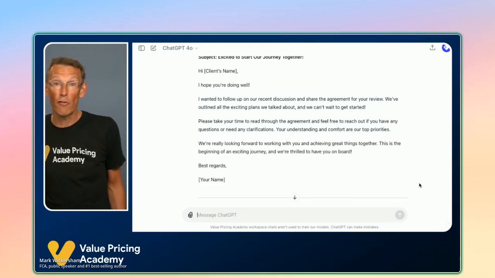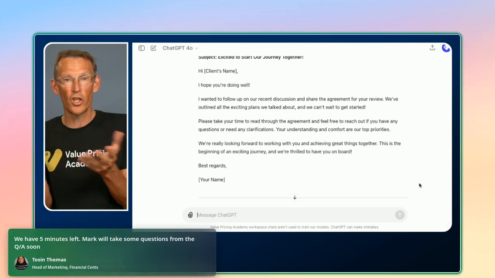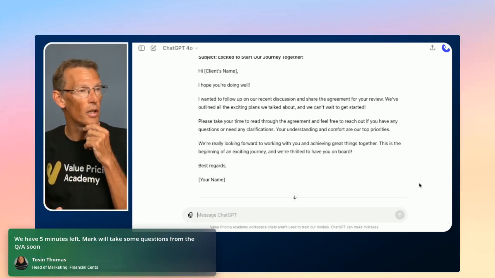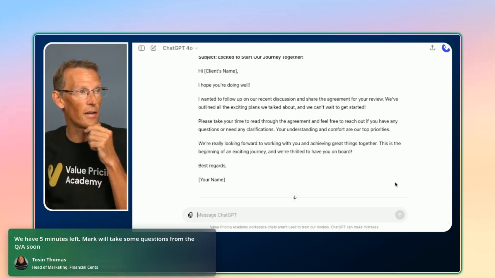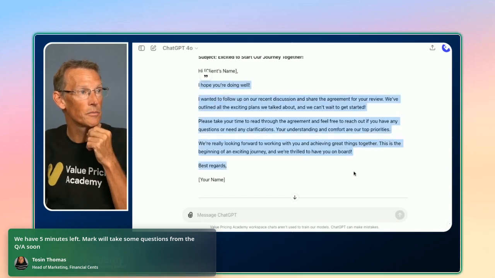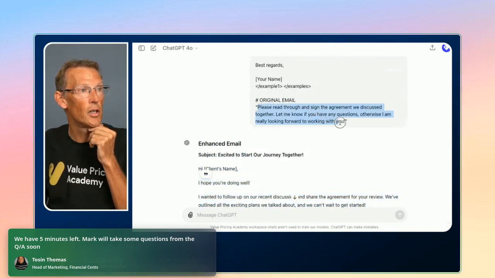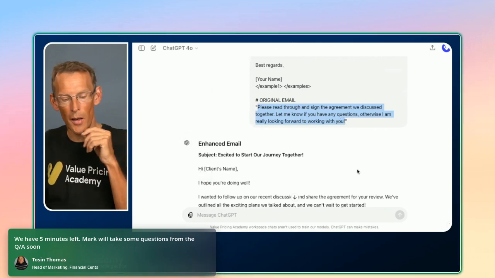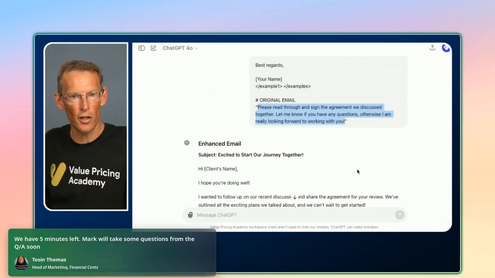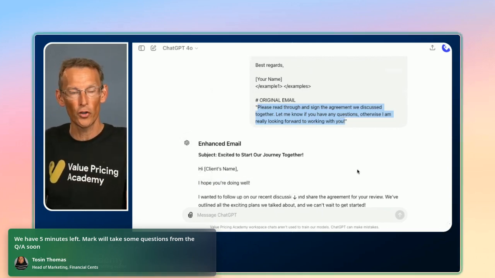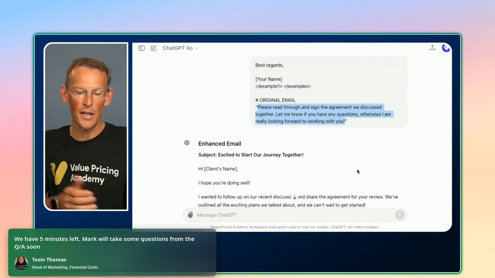I quite like that writing. It might not be your style, in which case change the example. But if you like that, I think that's a better email to build into, for example, Ignition, than this really short one. So this is a great template, a great prompt that you could use every time you want to go through software that you've got that sends out standard template emails.